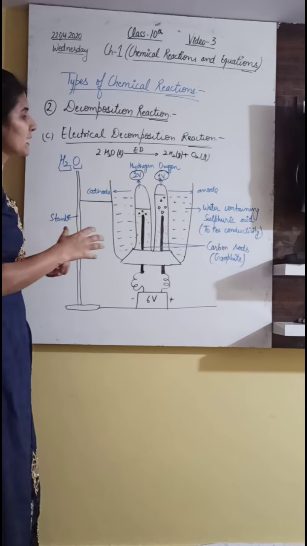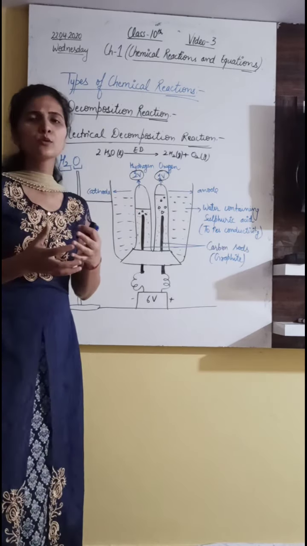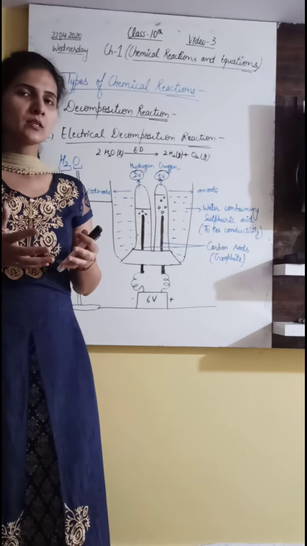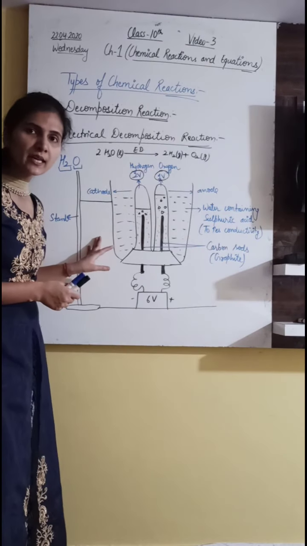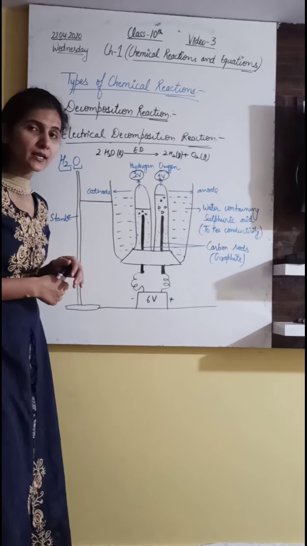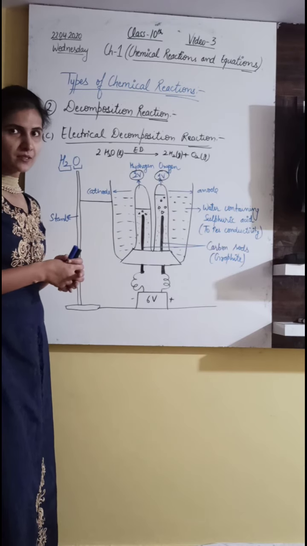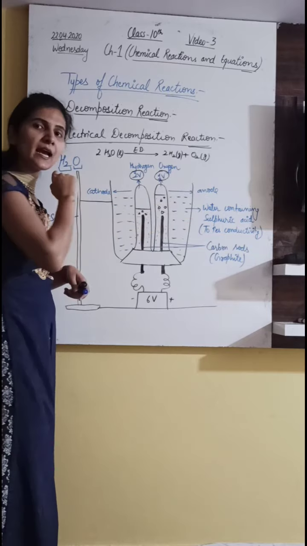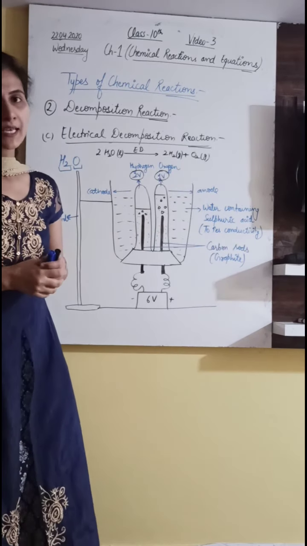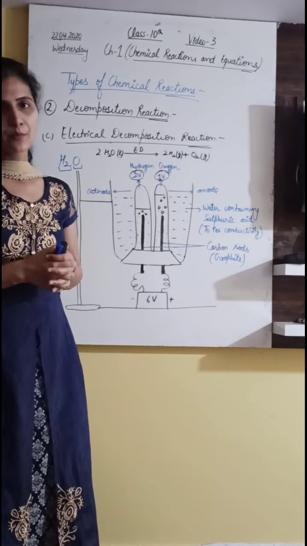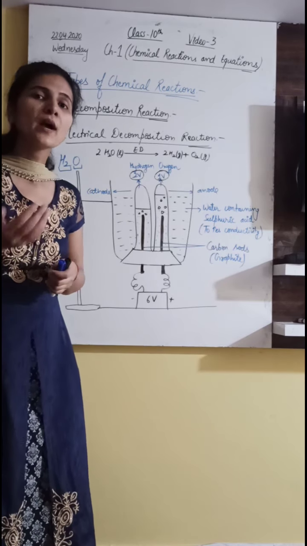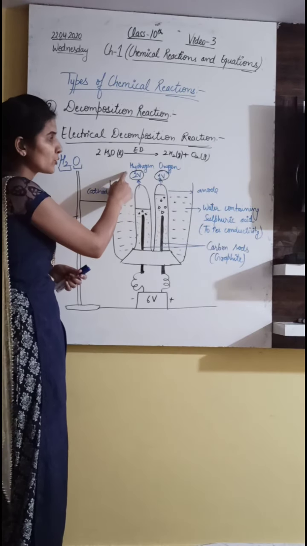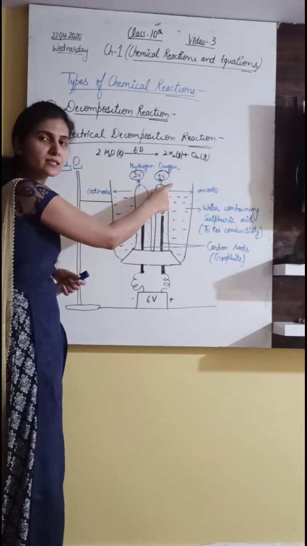Okay. This kind of experiment I don't think will come as a 5 marks question. Generally the question arises: hydrogen will be produced at which electrode and oxygen at which electrode? Generally the question is asked in this manner. So hydrogen will be produced at the cathode and oxygen will be produced at the anode. A second question may arise: hydrogen and oxygen are produced, so which gas is twice in volume than which gas? Here you come to know the answer: hydrogen is twice in volume than oxygen.